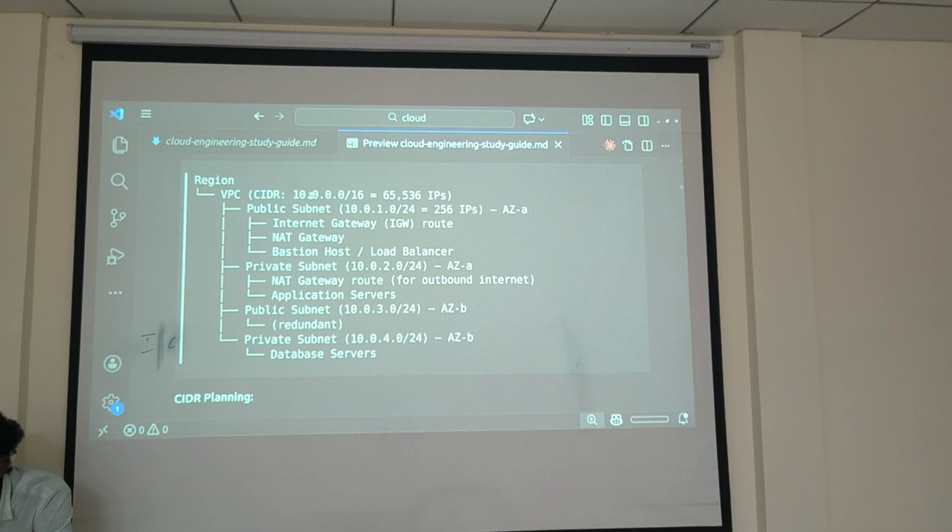That means if I keep these three numbers as 0, anyone who comes with the initial start of 10, after that anything that comes can access. Those IPs come under this one. But if I keep it at 8, it will be reduced. If I keep it at 0, there will be more possibilities. That's it. If I keep a 32, no one can access except this exact IP.